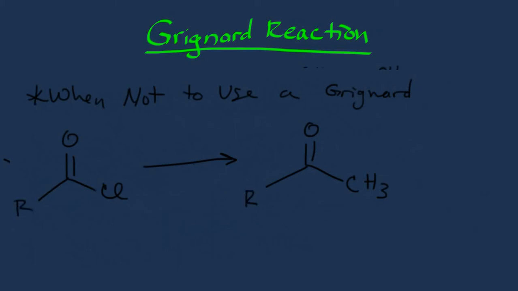Well, if we used a Grignard for this reaction, I guess you could say we'd get that to some extent. And the second step would be our acid. Unfortunately, what would happen is not just this. Because if you remember from the first canvas I had, we started with a ketone, and we attacked the ketone with a Grignard to create essentially the alcohol and an alkyl group. Well, who's to say that it can't happen again? And so you wouldn't really want to use a Grignard for this, because what would end up happening is